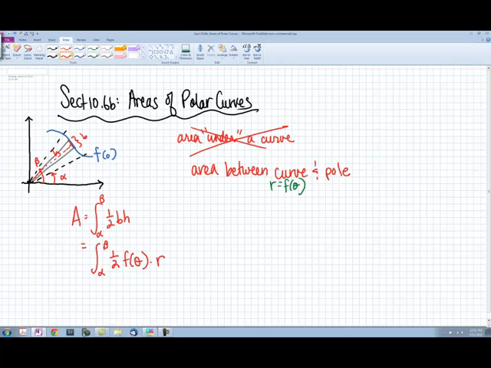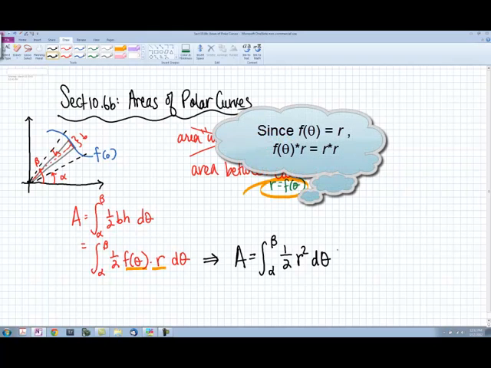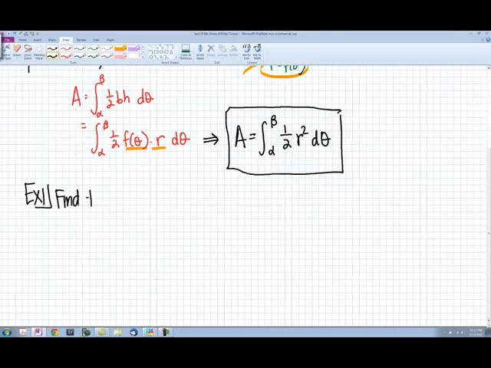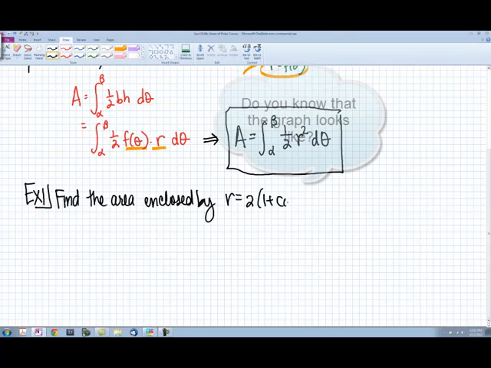What are the increments of change in terms of these little triangles? Because the angle is what's changing, it's going to be d theta. f equals r because that's our function. So that means our area formula is equal to the integral from alpha to beta of 1/2 r squared d theta. Example 1, I want us to find the area enclosed by r equals 2 times 1 plus